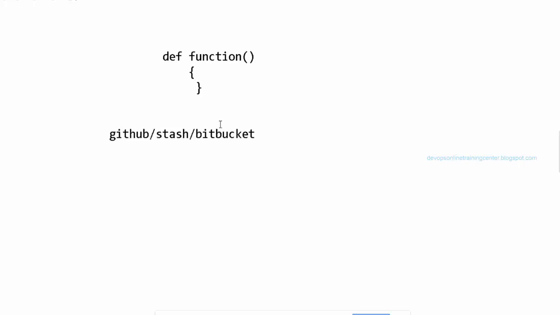GitHub is open source, and Stash and Bitbucket are developed by the Atlassian company. They are also the same as GitHub, but with a little bit of difference in how you raise a pull request and how you see the repositories. But essentially the concept is the same.